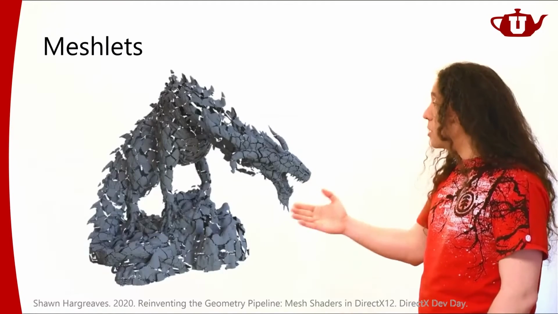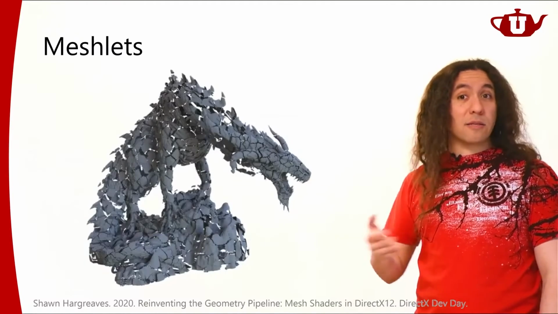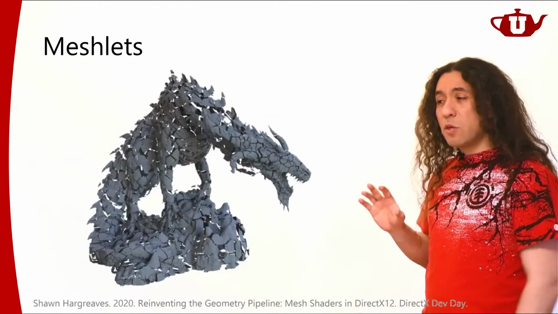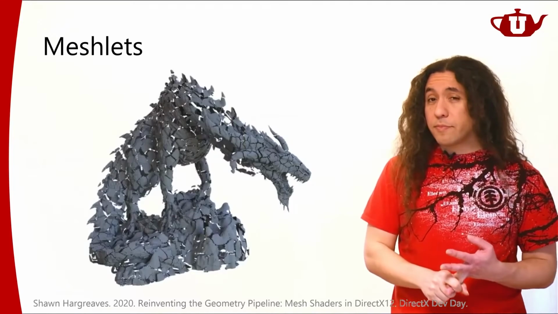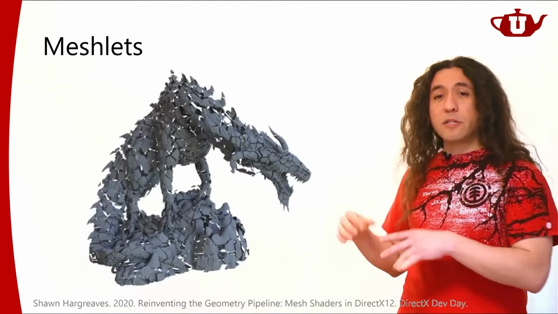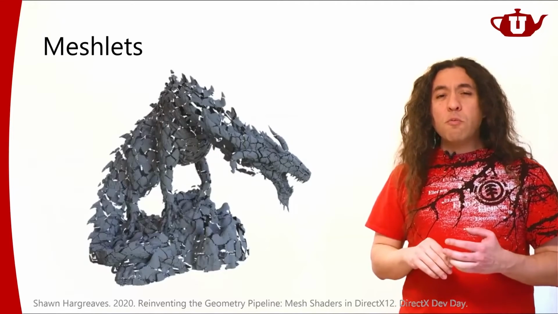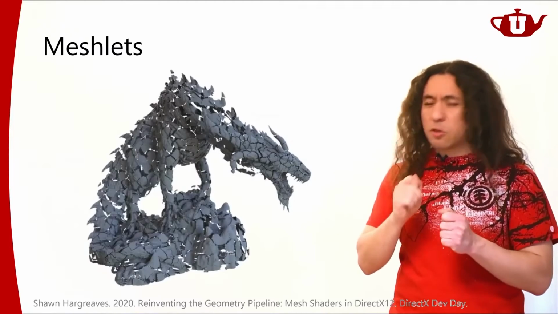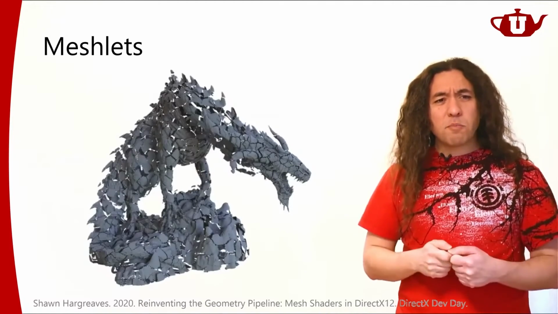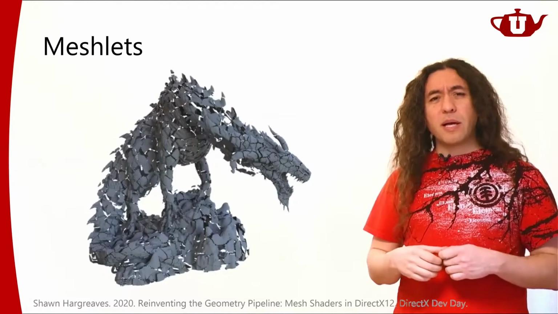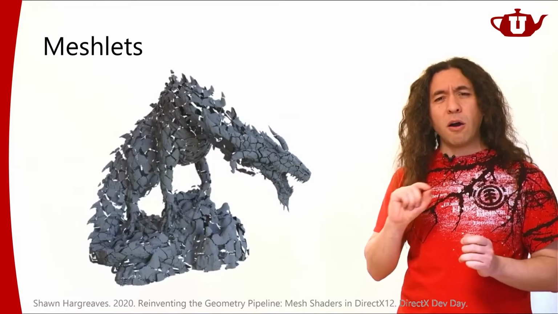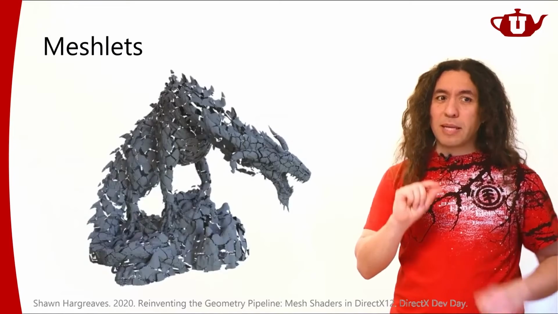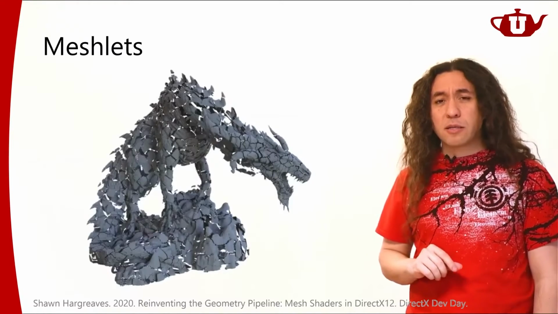For example, if you decide that a particular meshlet is occluded by something, you don't have to draw it at all. You can just throw it away. So if you use mesh shaders for replicating exactly what the traditional graphics pipeline is doing, you might be able to squeeze a bit more performance out of it, maybe if you write your mesh shaders just right, but the traditional graphics pipeline is fairly well optimized too. It's really hard to beat it. You can maybe, but if you make any mistakes, you're going to be even slower, so it's probably not the best use case of mesh shaders.